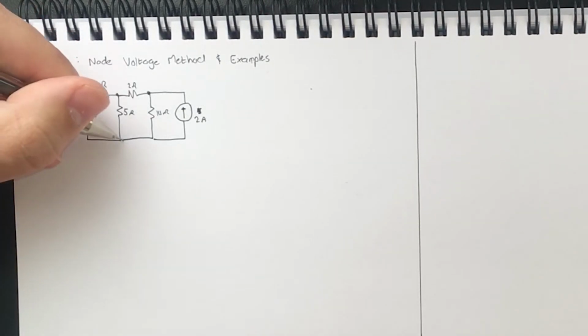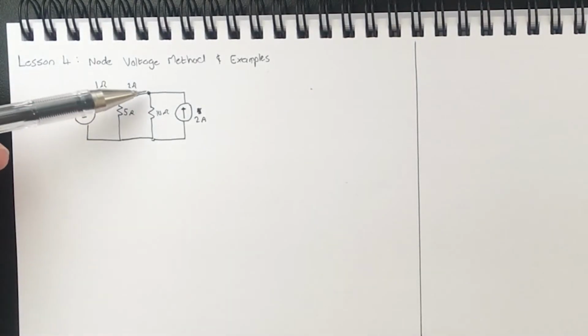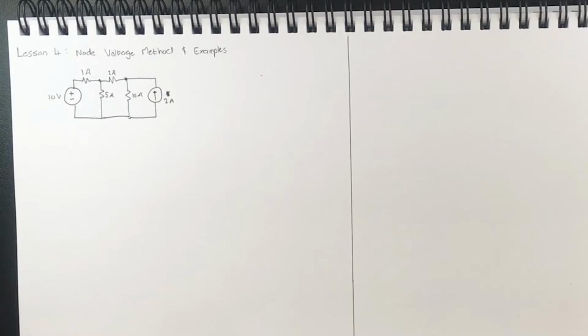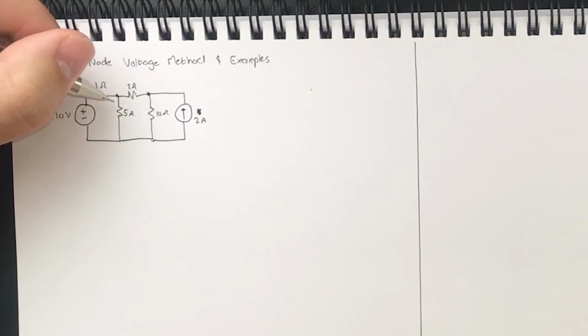Essentially, what we want to do with node voltage is find out what specific voltages are within nodes in a circuit. We define an essential node as when 3 or more circuit elements connect at a node. So this would be an essential node, this would be an essential node, and this bottom node would also be an essential node. So we define a voltage, V1,